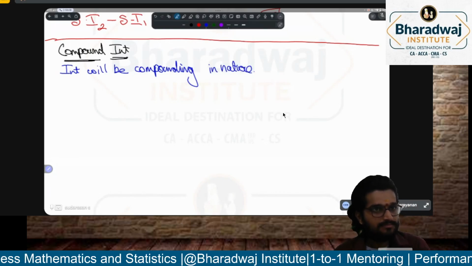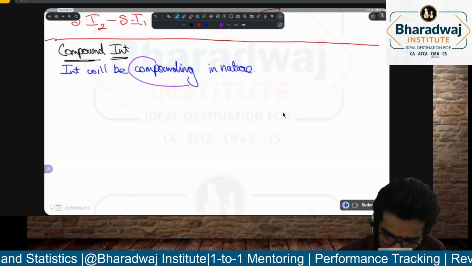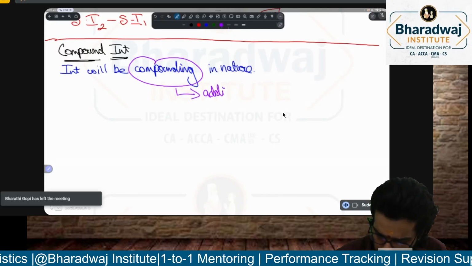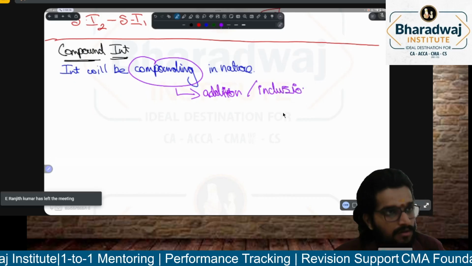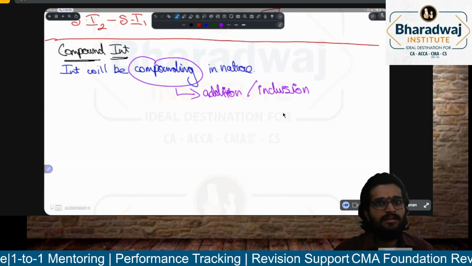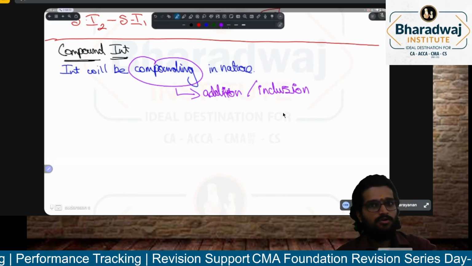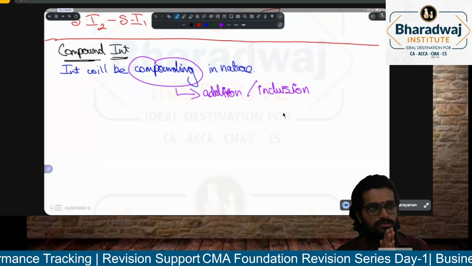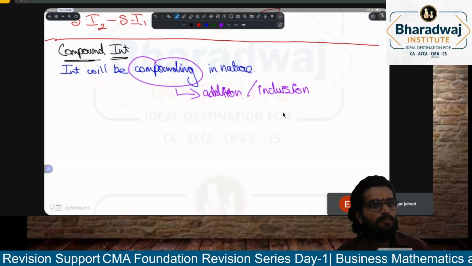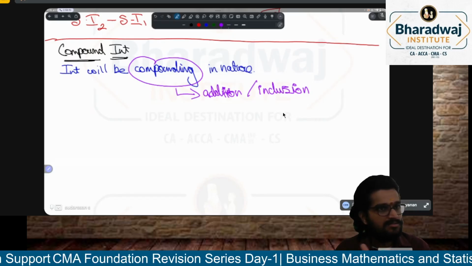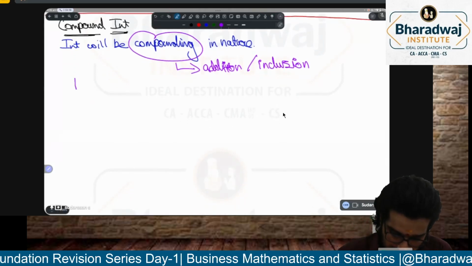What is meant by compounding? Exactly. Compounding, the term mentions addition, or more specifically inclusion. The mathematical word is inclusion. Compound is nothing but inclusion. You are including a boundary to the area, to your house. It can also be used to classify as separation, but not here. What is compounding? You are bringing something inside your space, which means, say you have a principal,